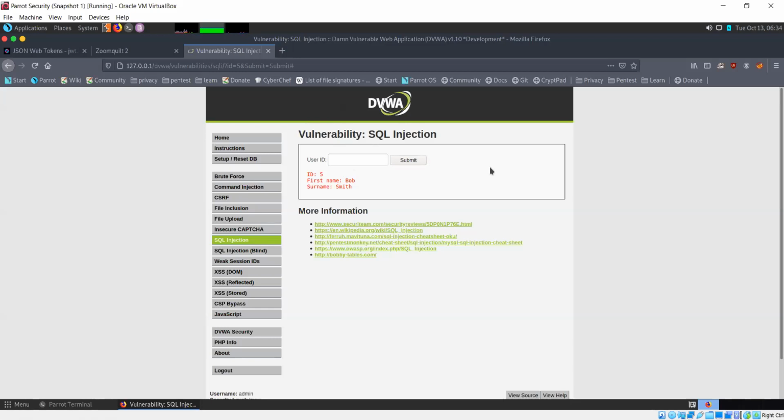It is select ID, first name, surname from the table where ID is equal to. Yeah, okay, so that's right. So that is the SQL query that is running in the background here. When we are specifying an ID, it is showing us the corresponding details by selecting only those columns.